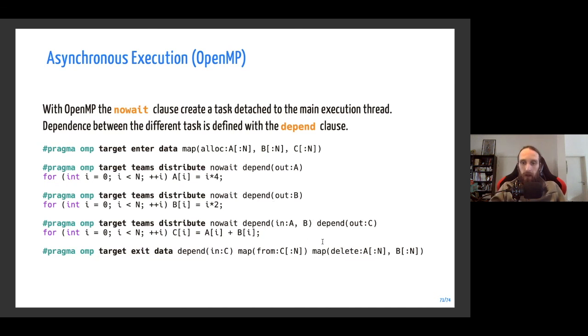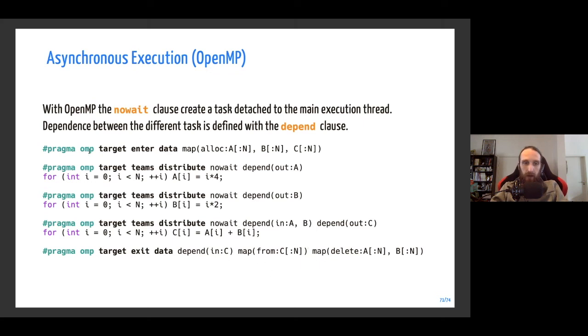The only limitation is that for the third kernel to start, we need to wait for the first two kernels to completely finish. Then we specify that this is the result of this kernel, the target exit, so the deallocation of the array as well as the copy from the GPU to the CPU is performed.